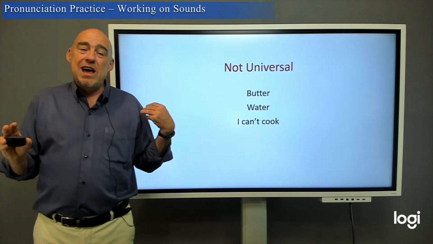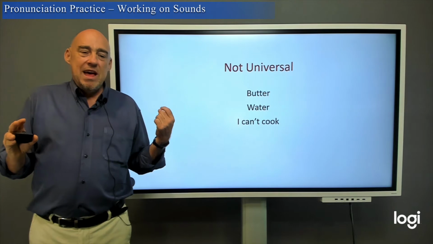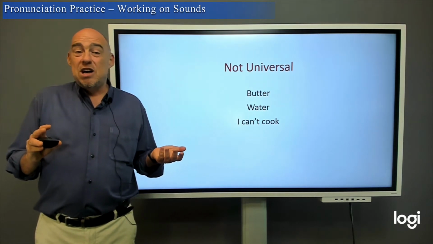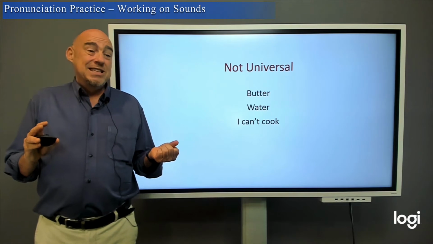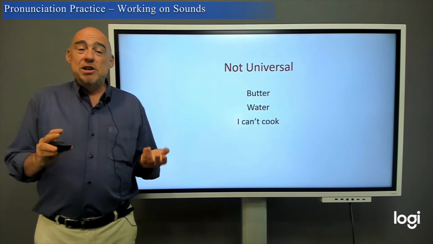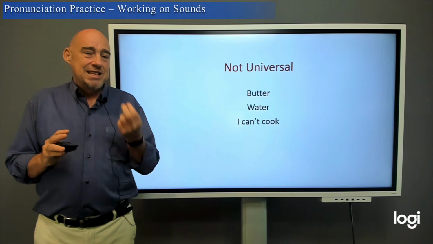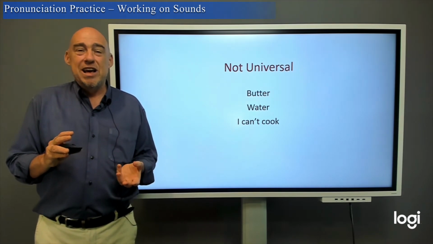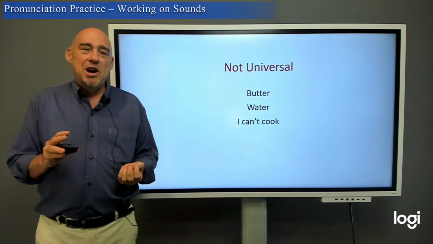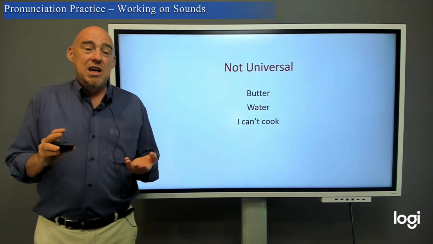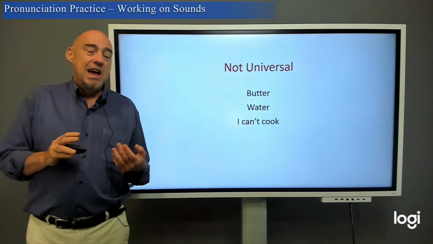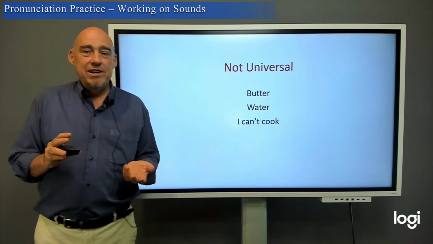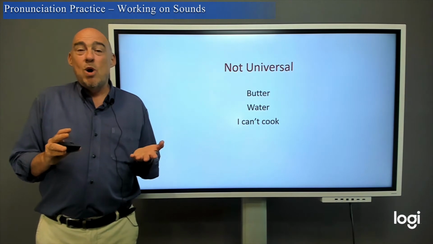So let's go back to that word butter. As an American, I say butter. I pronounce the but I don't pronounce the t. Whereas a British person will pronounce the t, but they won't pronounce the u. They'll say more of an ah sound. My English accent is very terrible, but something like butter. And the same with water. Whereas I will say a D, water, they will say water.